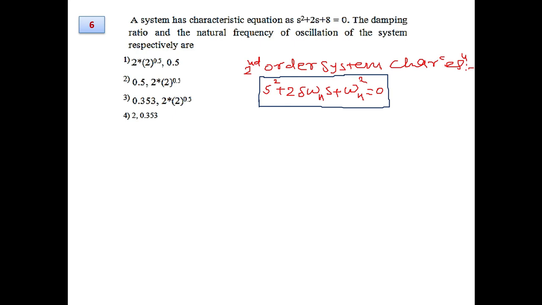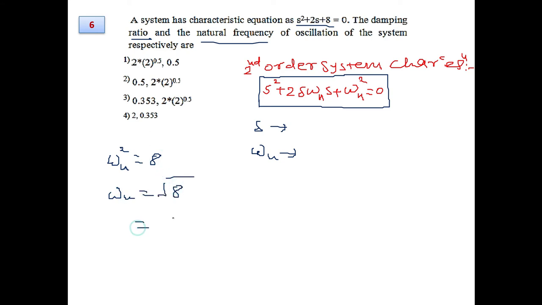Next question is, the characteristic equation of a system is given, and we have to find the damping ratio and the natural frequency. So for a second order system, the standard characteristic equation is written in this form, where delta is the damping ratio and omega n is the natural frequency of the system. So if you compare, this omega n square is equal to 8. So this omega n is equal to under root of 8, which you can write as 2 root 2,